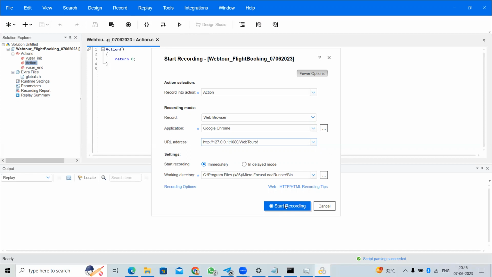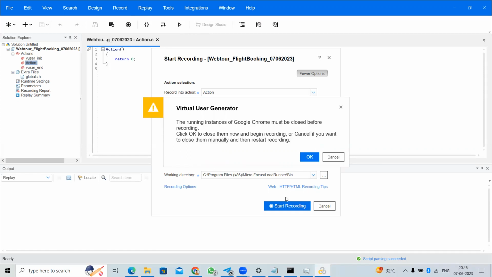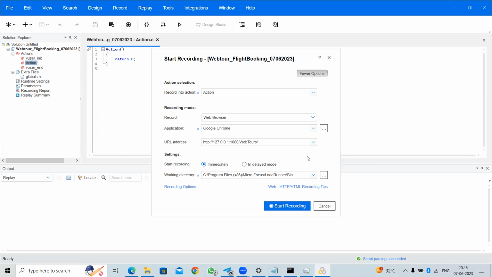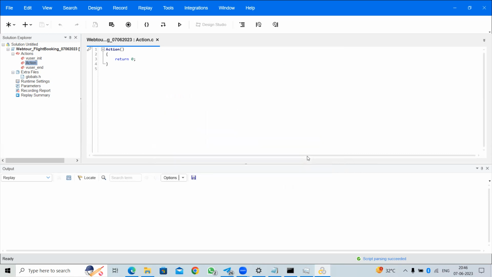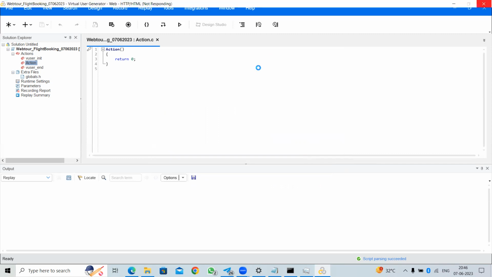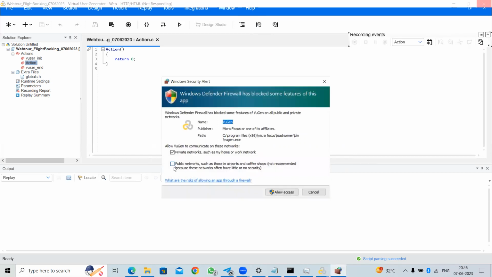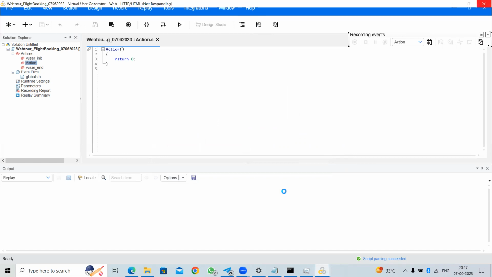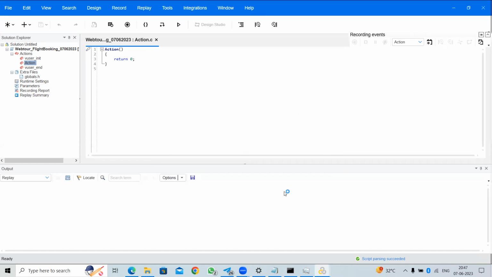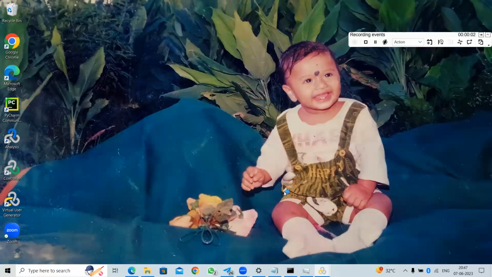So just click the Start Record button. Once you click it, what will happen? Automatically, the browser we selected, Google Chrome, will open. No need to open it manually. The browser itself will open automatically. See, now you can observe. So here we can observe